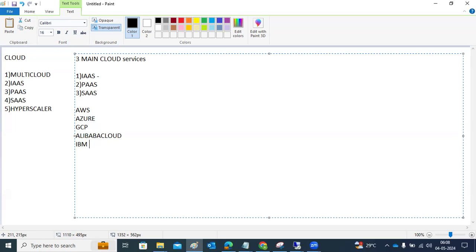Installation and subscription of the software will also be done by the respective team. Everything will be ready. We just have to use the respective product, software, and application services so that we can directly focus on the coding part.